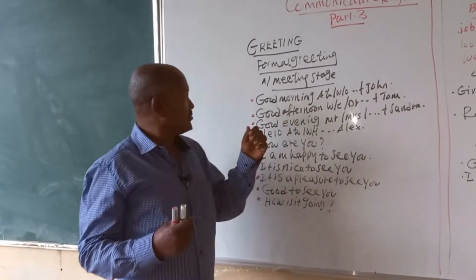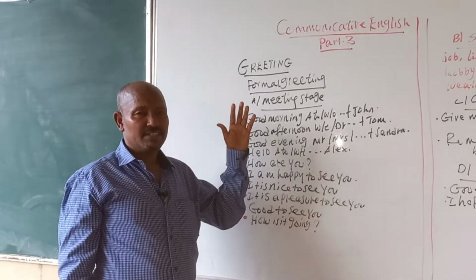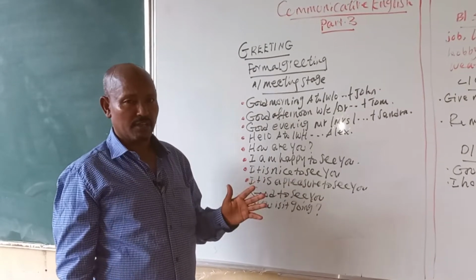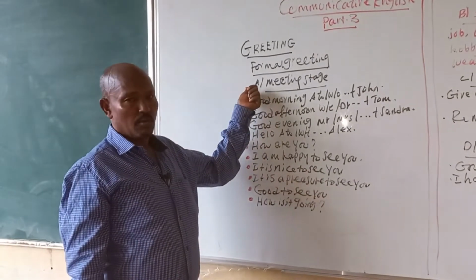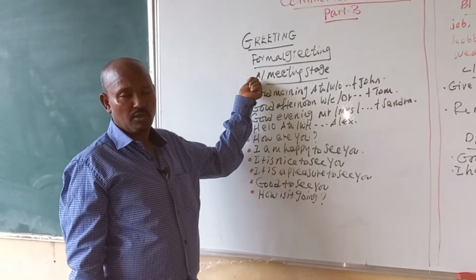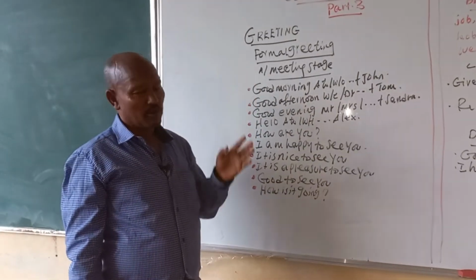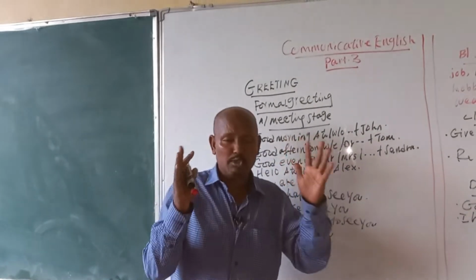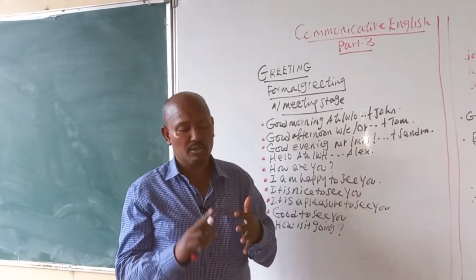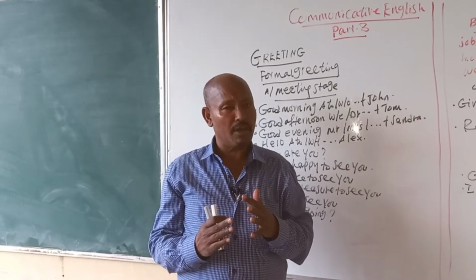And what is formal greeting and what is informal greeting? We do have four distinctive things that formal greeting is different from that of informal greeting. The first one is gap. When we meet a person who is an elder, or has authority or social status, there is a gap. When it comes to informal greeting, there is no gap between the two persons. They are friends, relatives, neighbors and families. So that kind of greeting is an informal greeting.